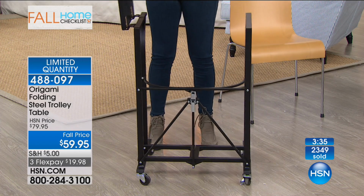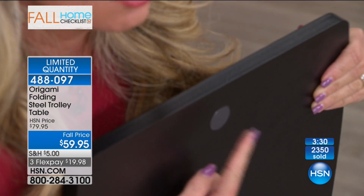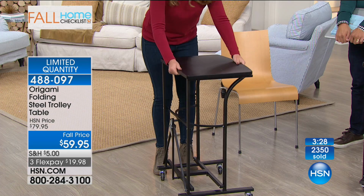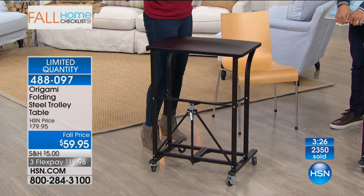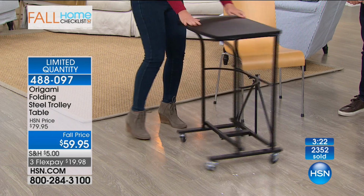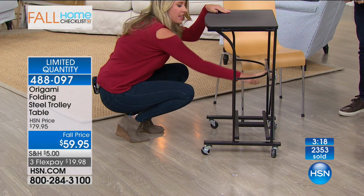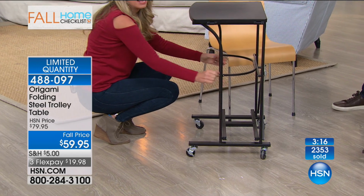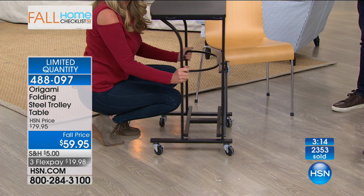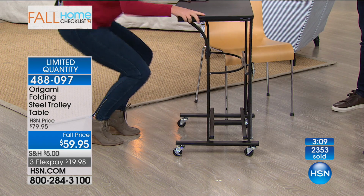Now I just lift the top. There's a little magnet right here on the top. So when I just fold this over, there's not even a latch there. It just falls into place. And again, they've thought of everything. So again, when I have it down here and I'm sitting, this nice curved bar allows me to get in close, get my knees in close. And I love the fact that you have even a little footrest right here. Brett, this will hold